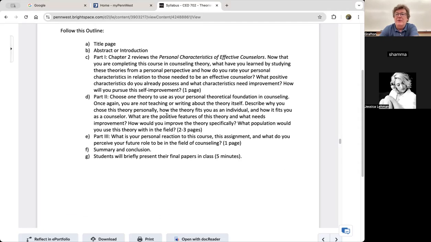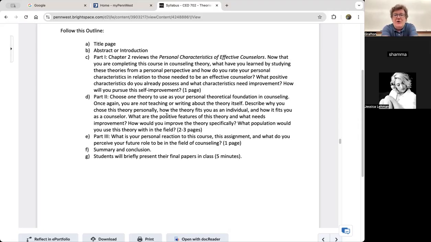All right, let's see. So what's the paper going to look like? Well, you've got a title page and an abstract, which is about a paragraph about what the paper is going to share. And you're going to have 3 parts to the paper. You could even label them part 1, part 2, part 3. And I even tell you how long each section should be.